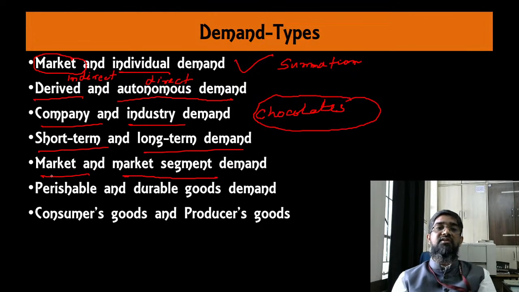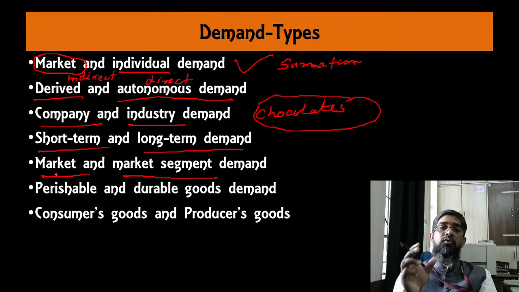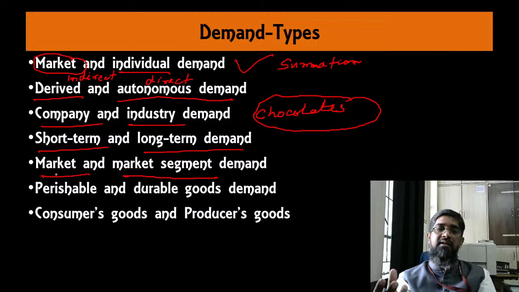You know, segmentation is there. Suppose clothes, you take clothes industry is one industry, cloth market. Now in the cloth market also, adults have a separate market, what will be its sub market, segment, market segment. If you are a clothes seller, you are selling for adults, for ladies, for kids segment, right? There are different segmentations of market, same product, it is a clothing item, but people work in different segments.